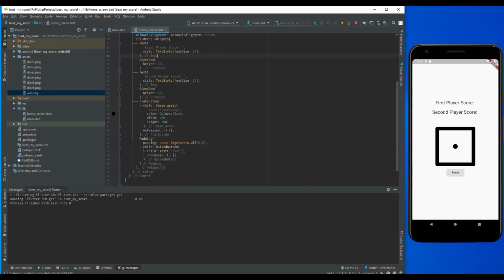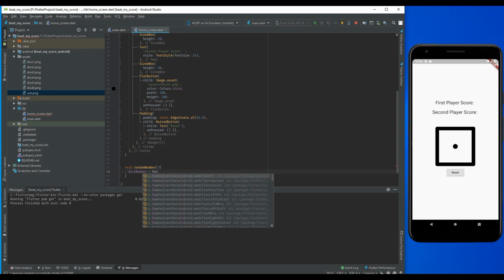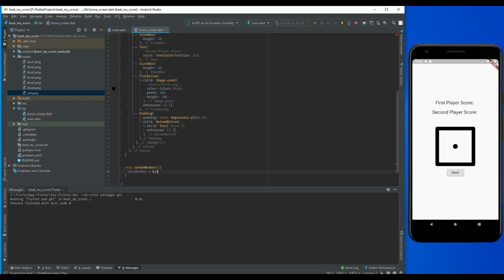Now for the random number, first we have to create a method for that one. So let us create a method for this. Void random number, and dice number is equal to a generated random number. In Dart we use Random, so for that we first have to import the math class, dot nextInt,